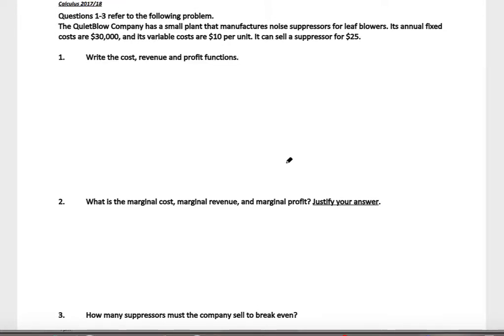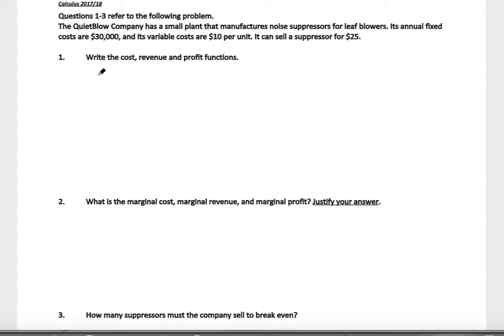Hello, we have calculus homework number 19 from handout number 8 involving writing cost, revenue, profit, and the like. So, starting with number 1, we have a leaf blower company that makes noise suppressors. Its fixed costs are $30,000 and its variable costs are $10 per unit, and it can sell a suppressor for